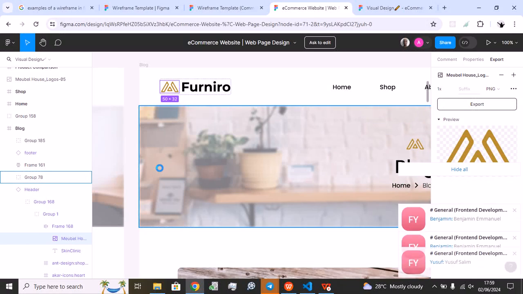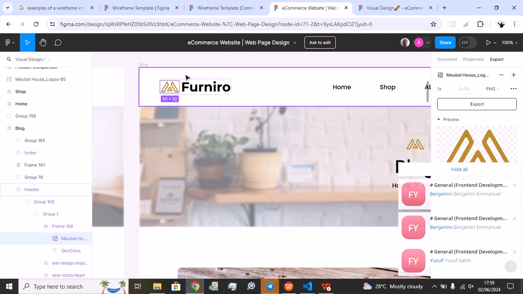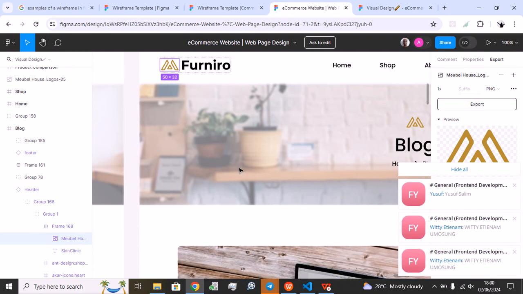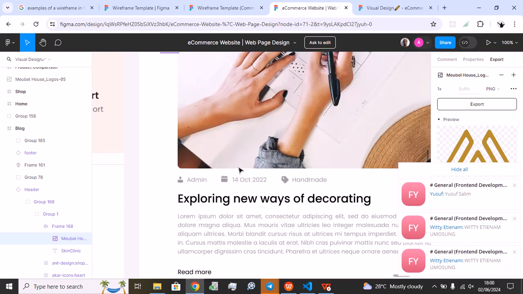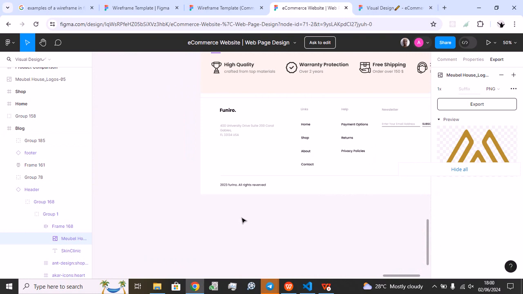From what I explained yesterday, you create a component to be the nav bar. Then the footer too will also be what? Will also be a component. So if I zoom in a little, the footer will also be a component, so that